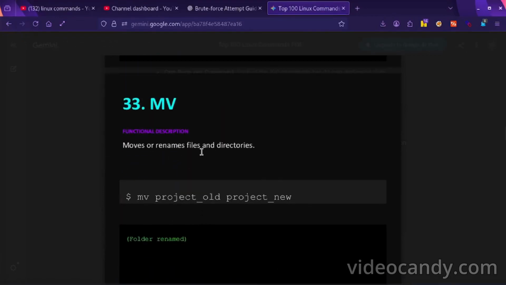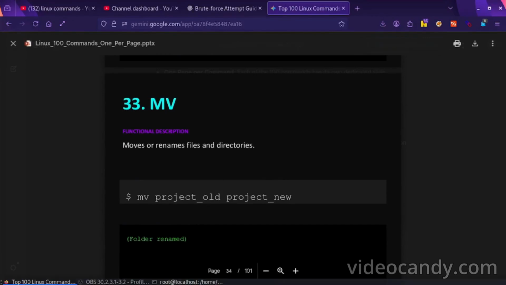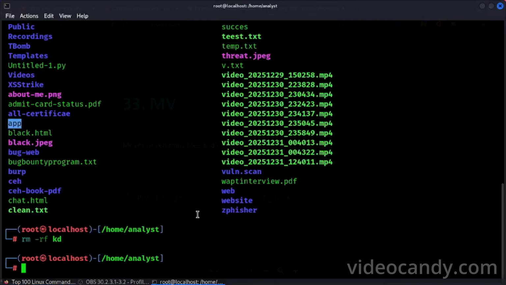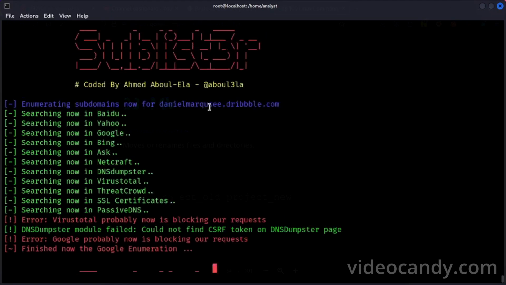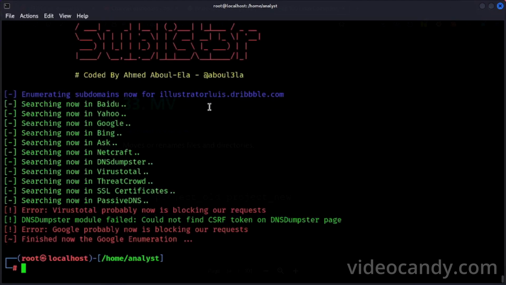mv moves or renames files and directories. Okay, I want to first move the file. First I want to see which is not important.